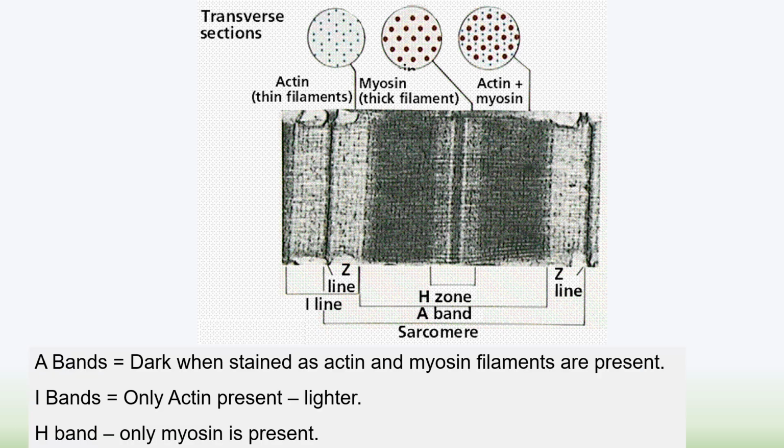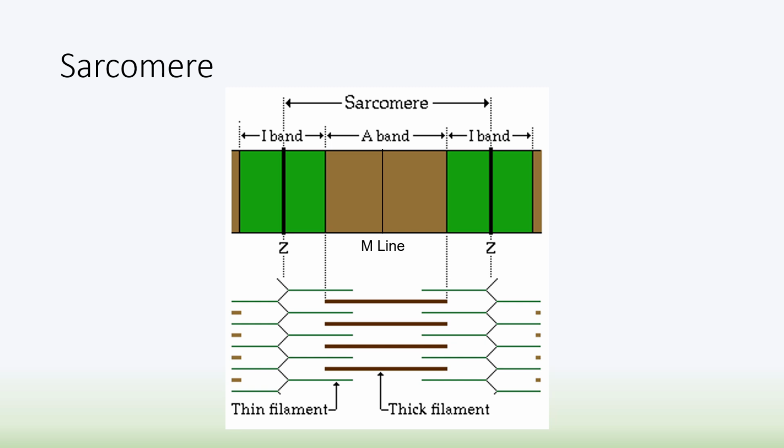So again, A bands are dark when stained, as both actin and myosin are present. The I band is where you only have actin present, so it's lighter, and the H band is sort of in the middle because you only have myosin present. So that's it. Now, the key thing that we're going to be looking at today is, well, how does this